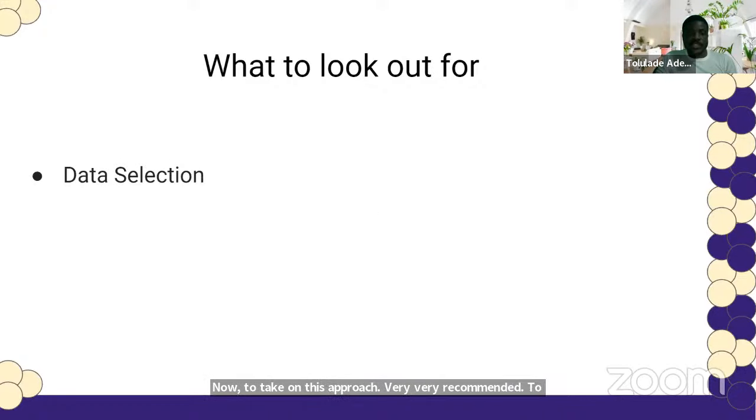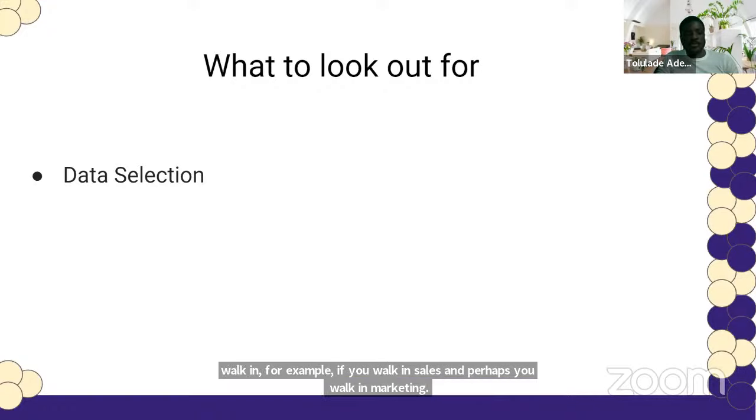Cool. Now, the next thing you also want to look at is the data selection, right? Like in my initial illustration, I gave two scenarios. The first one is, for example, if you work in sales and perhaps you work in marketing. These are two different areas, although they are closely related.